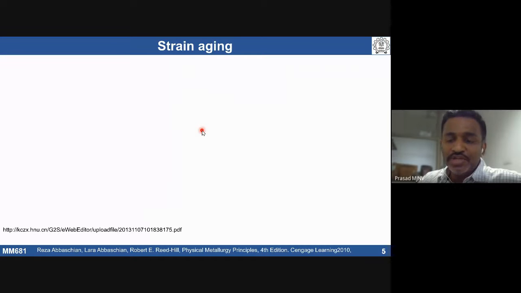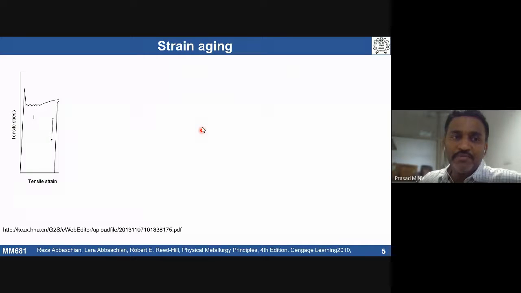Assume that I deformed a fully annealed material, low carbon steel, which has a small amount of carbon. If I deform this fully annealed material, we can see a stress strain behavior like this. Now assume that I unloaded the stress strain curve, I removed the stress from the specimen. If I reload it immediately,